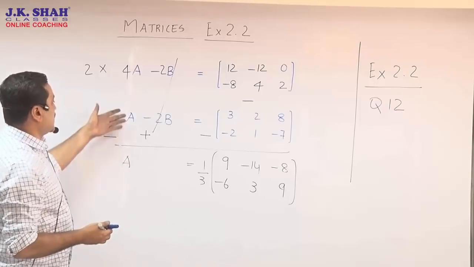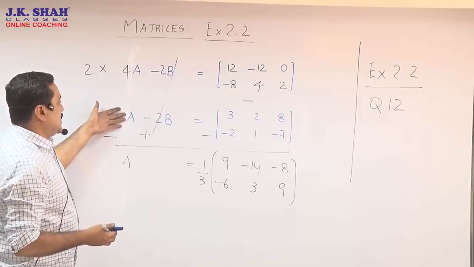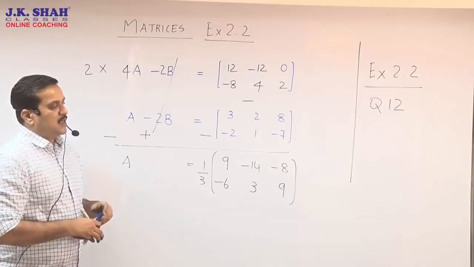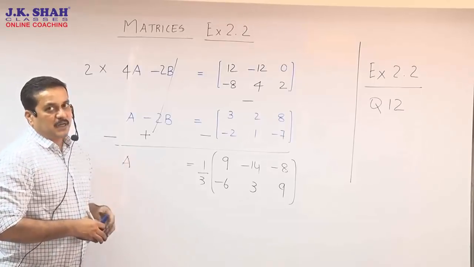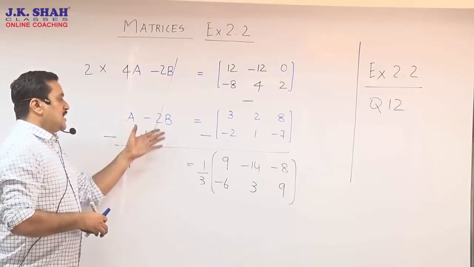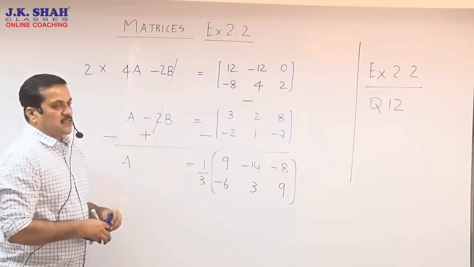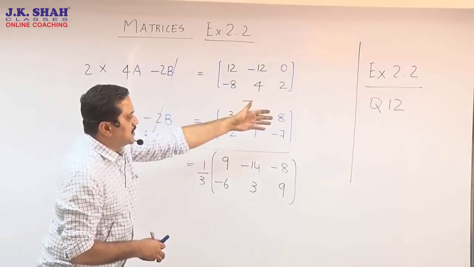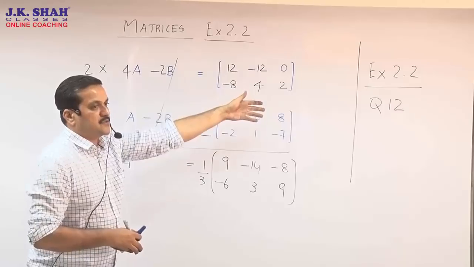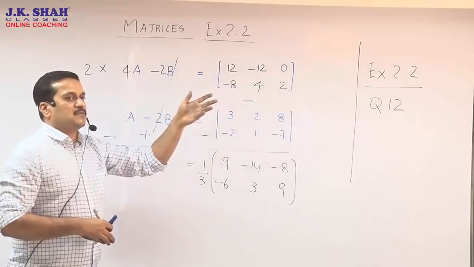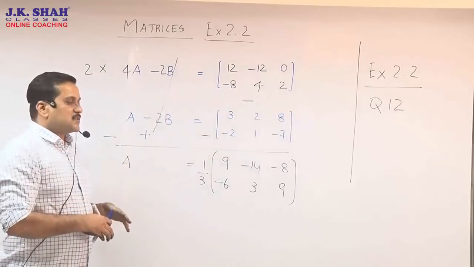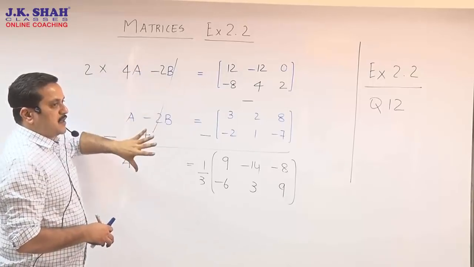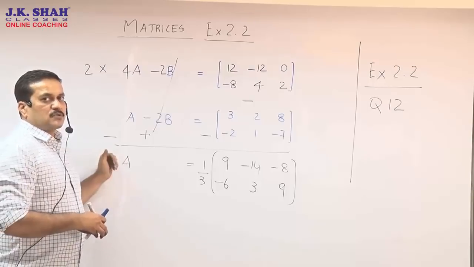You put your A back into any of the equations and start moving your matrices. But I have suggested in my previous sum that it will be quite ugly, because your answer of B then depends on A, and putting it over here, taking the matrix over there, pushing 1 by 3 inside before you finish off subtraction, subtraction in fractions will be quite difficult. So I suggest that just like you solve for your A, you copy the two equations once again and then you solve for B just like you solved for A.